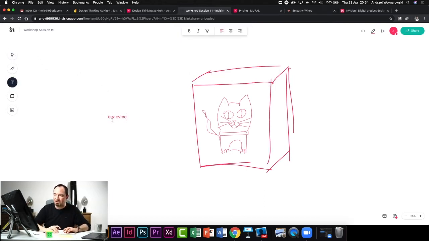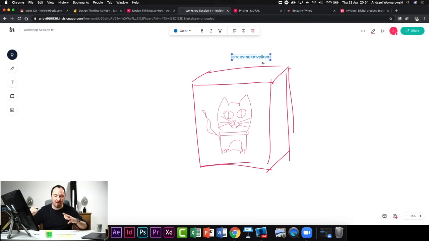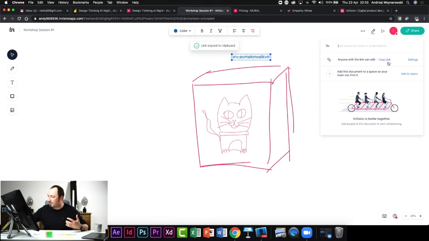You can add additional text. You can change the color, the alignment of that text, etc. So it's pretty neat when it comes to this kind of collaboration, and kind of having a space for you to actually have a flip chart, so you can actually share and collaborate with other people. And again, if you share that, I can actually share that and copy the link. And hopefully, if I click this link into that one,